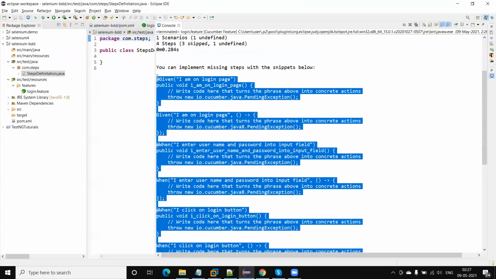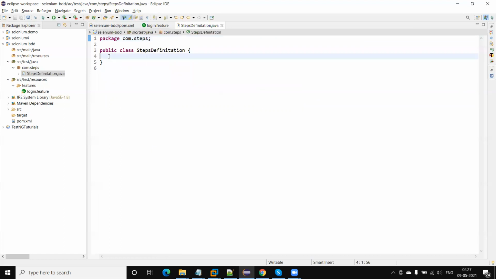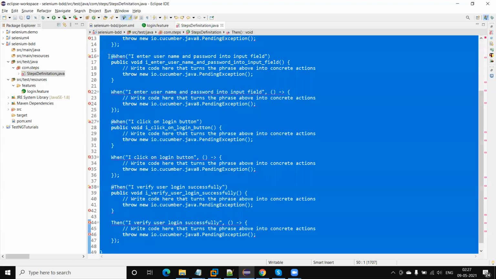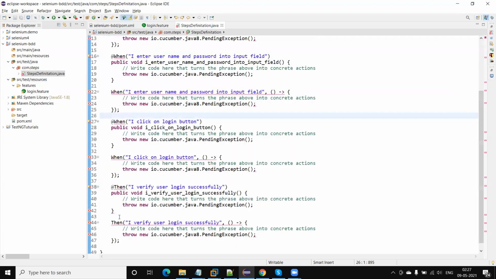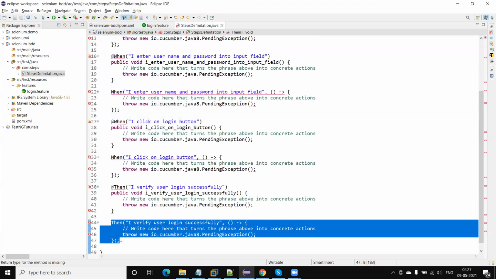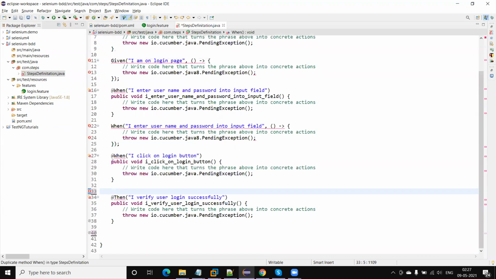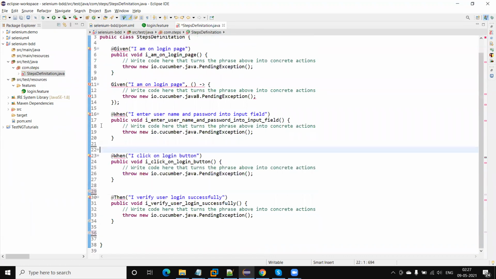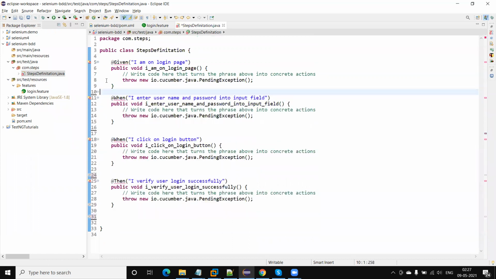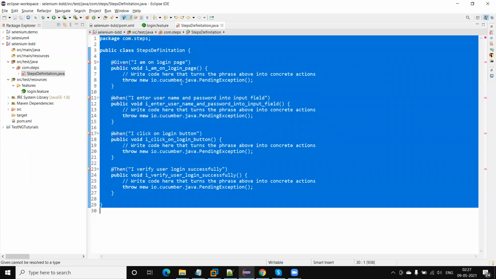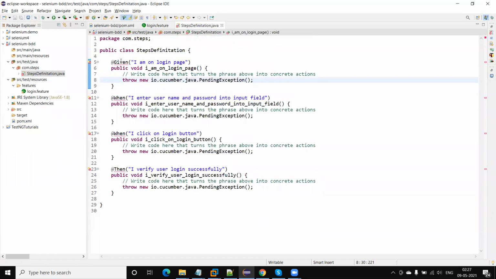I will not use the lambda expressions. Just paste all the code here, and let me remove this one. So these step definitions are added here in the step definition file.